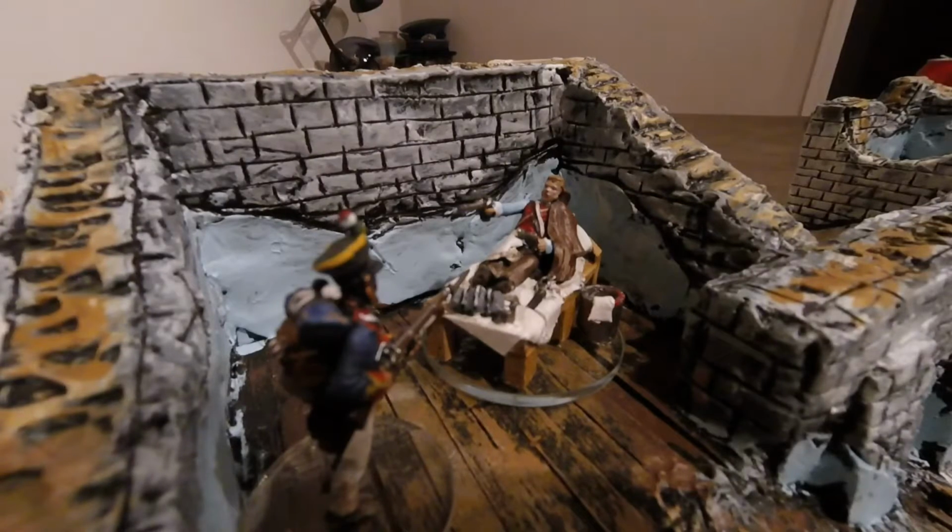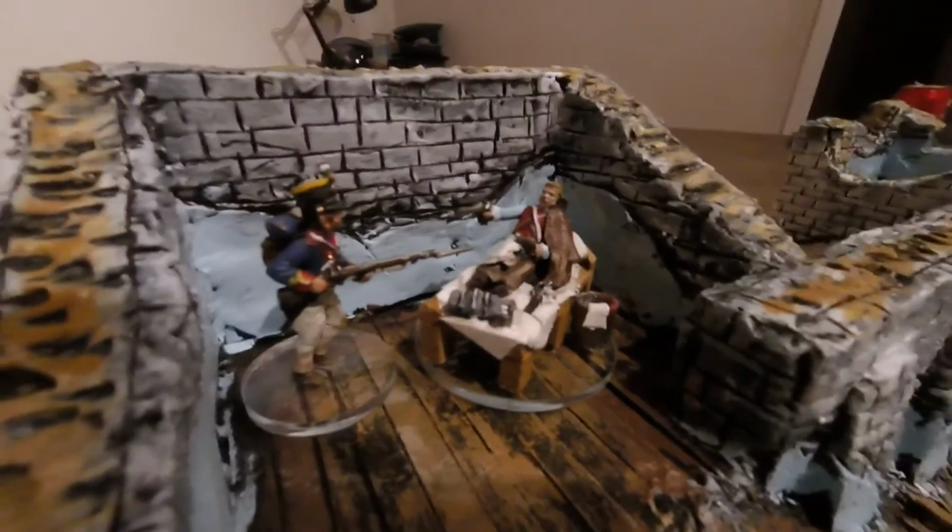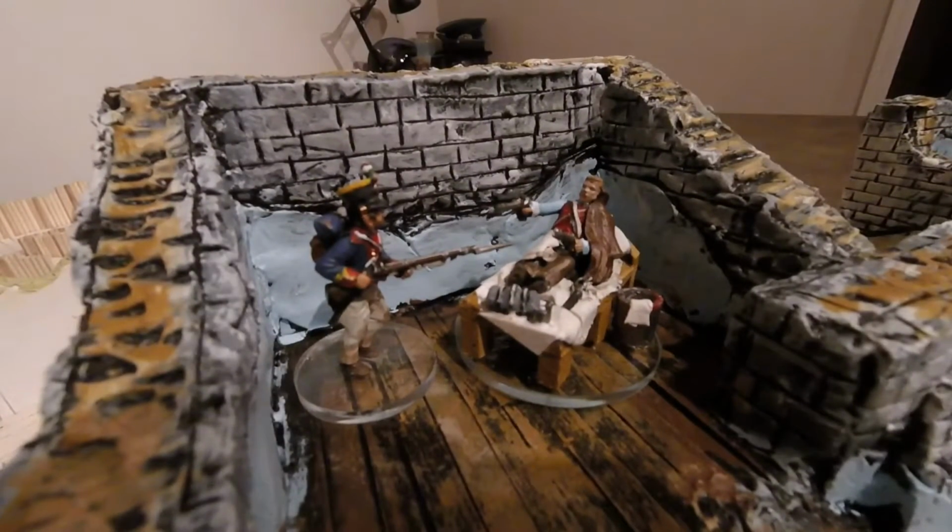It's the first character we've actually finished for the main project. I think he would have done way better not ill. I think if Bowie was perfectly healthy, he would probably have accounted for quite a few Mexican casualties. He really was a fighter. He was well known as being a...